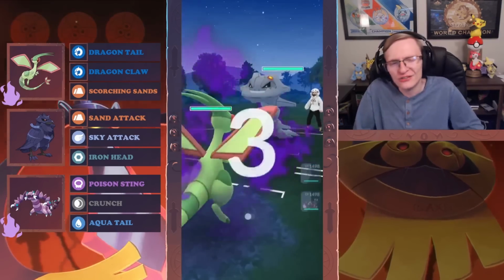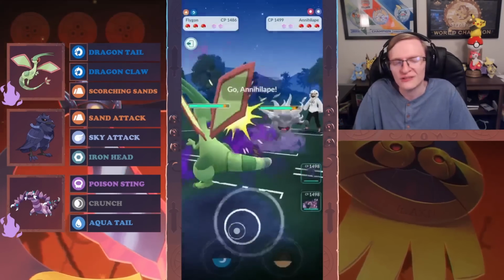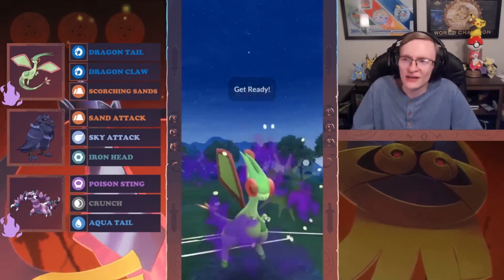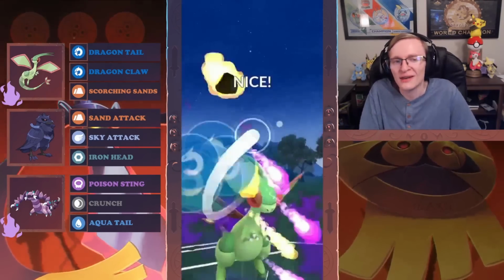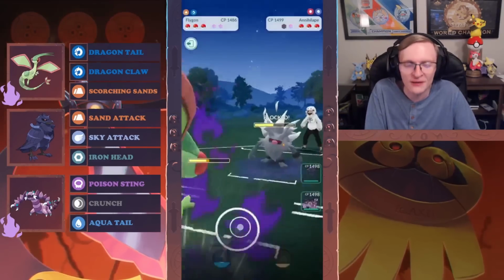Next game here, a Shadow Steelix in the lead. They do have access to Thunder Fang. It could be a Dragon Tail user, but it looks like they probably aren't with the fact that they did end up swapping out instantly here. Our opponent, honestly, I should have thrown Annihilate instantly here to be on good timing on a safe swap, but the thing is the animations were absolutely terrible, so I just threw on safe timing